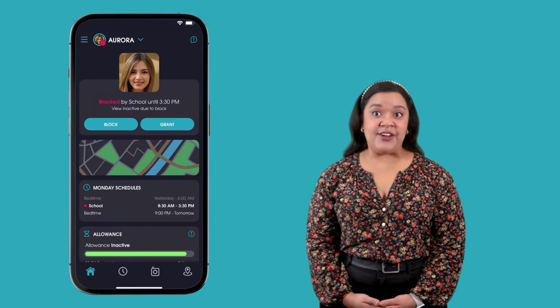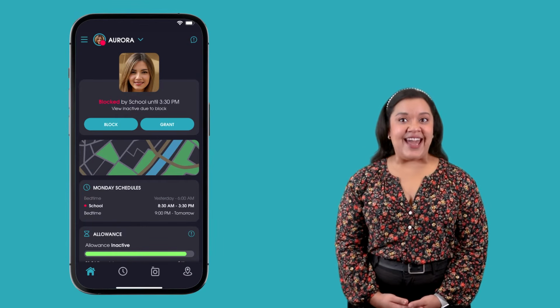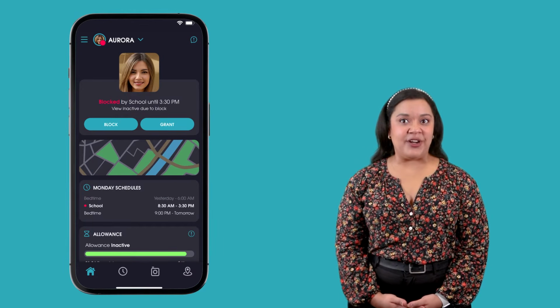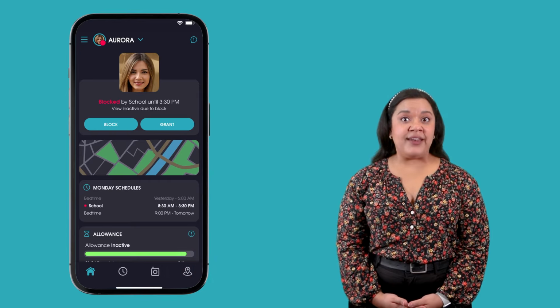OurPact's Family Locator helps keep your child safe offline by giving you location reporting and alerts so that you know where your child is, where they've been, and when they've made it safely to their destinations. To use the Family Locator, tap the map underneath the Access State box on your dashboard or tap the Locator button at the bottom of the